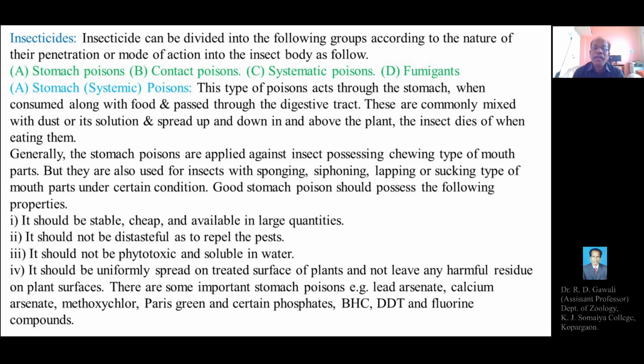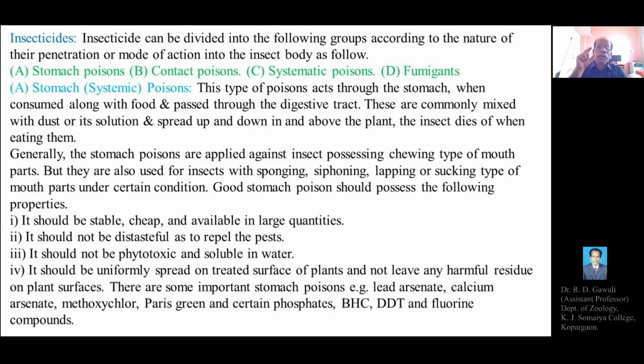Examples are lead arsenate, calcium arsenate, methoxychlor, Paris green, and certain phosphate type pesticides, that is BHC, benzene hexachloride, DDT, dichloro-diphenyl-trichloroethane, and the fluorine compounds. These are some of the examples of stomach poisons, which have their mode of action when